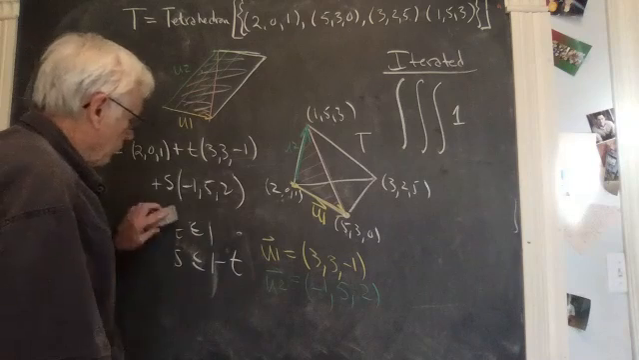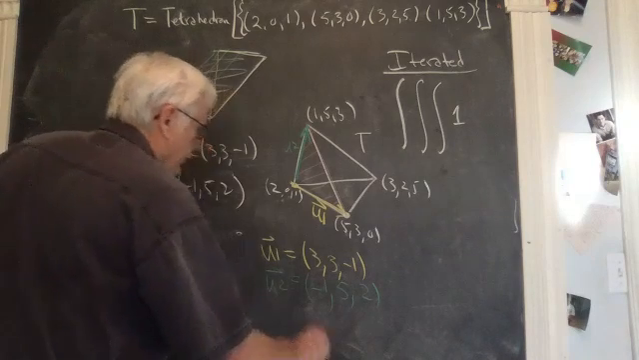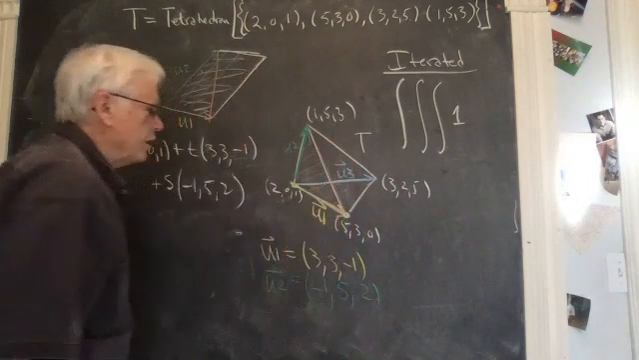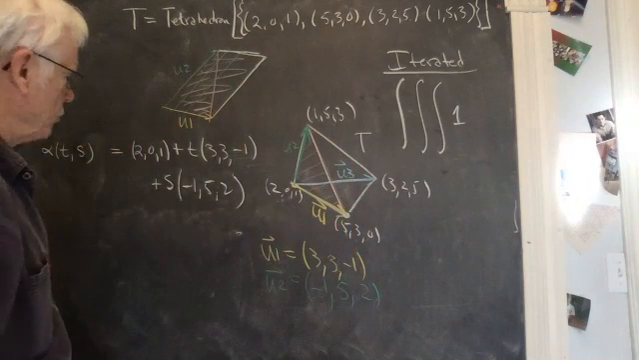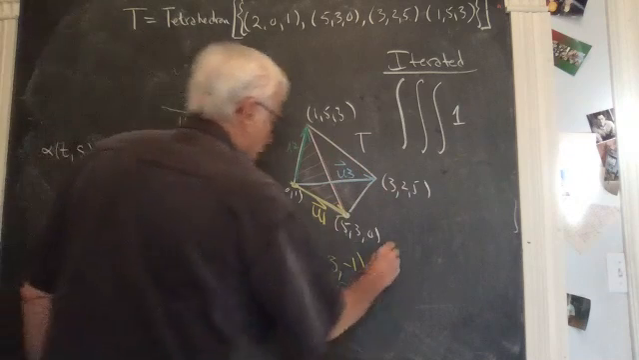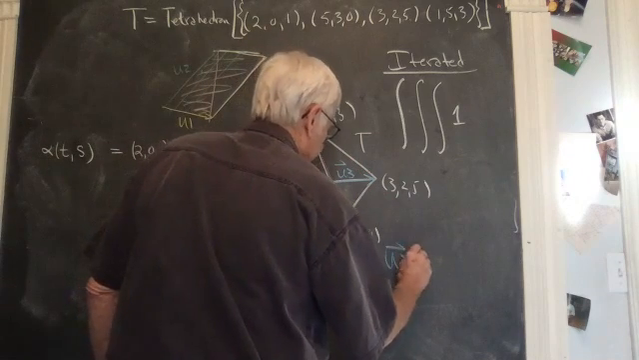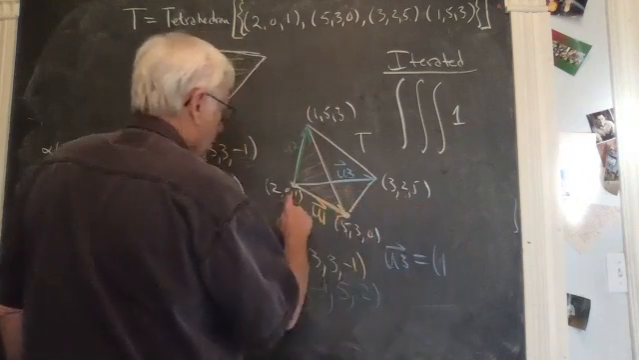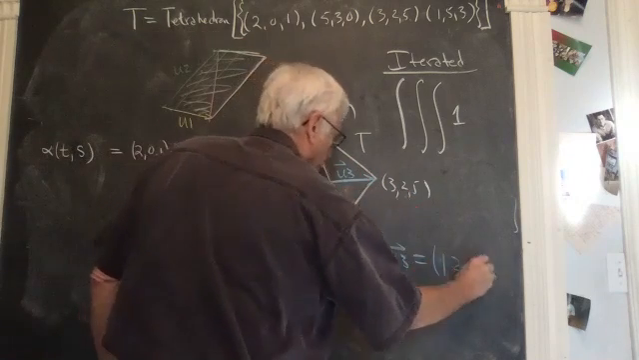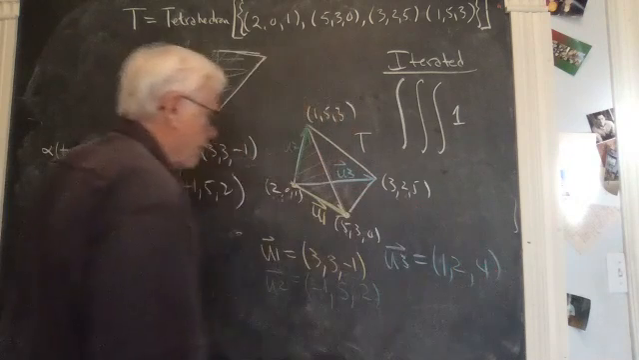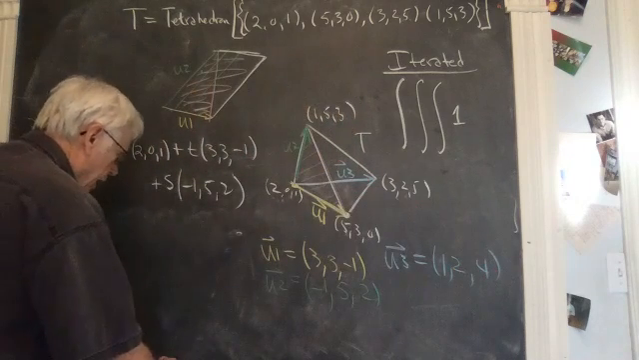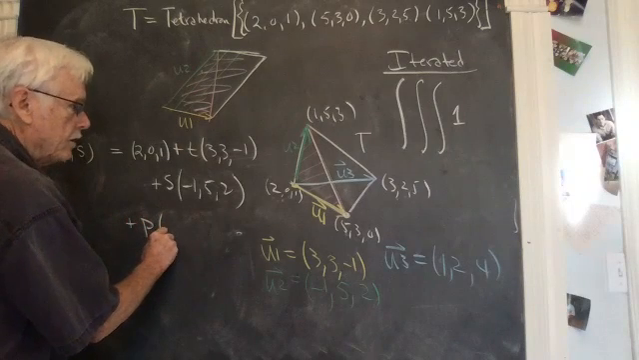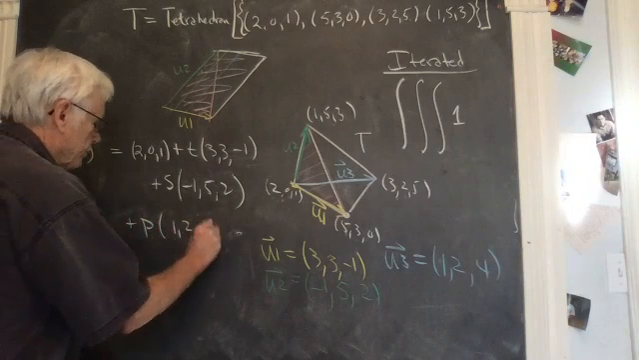But I wanted to do a little bit more here. I wanted to add one more vector, U3, the vector between the remaining vertex and 2, 0, 1. U3 is 3 minus 2, or 1, 2, 4. And then if we add another variable here, plus P times, say, 1, 2, 4,